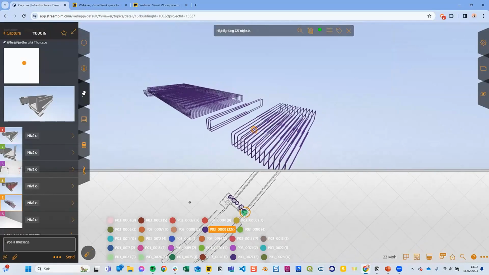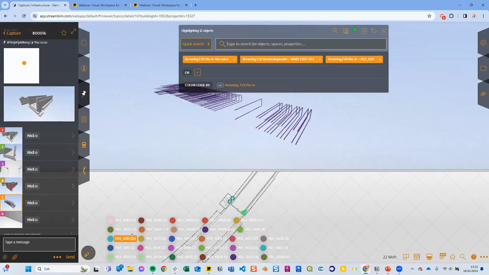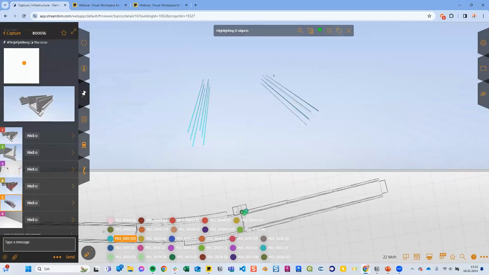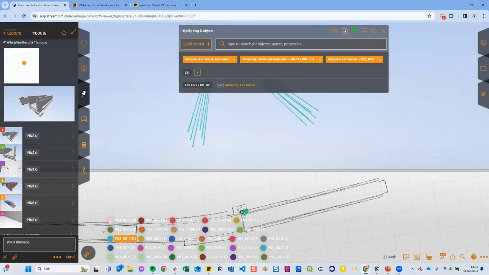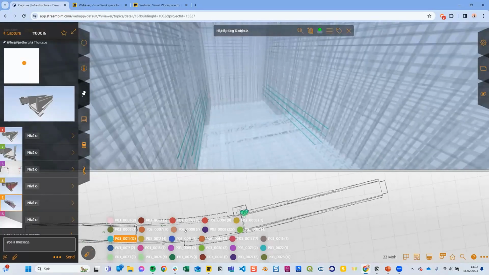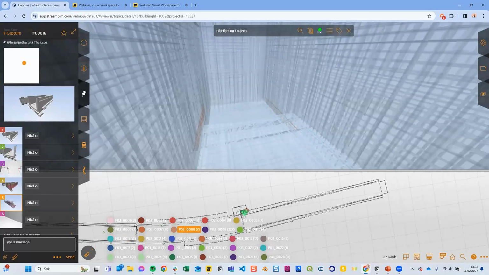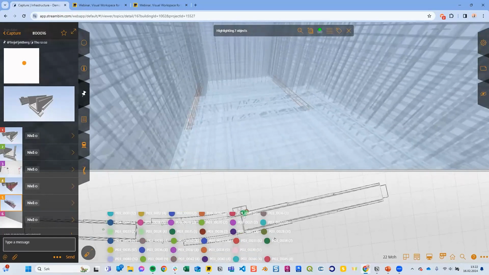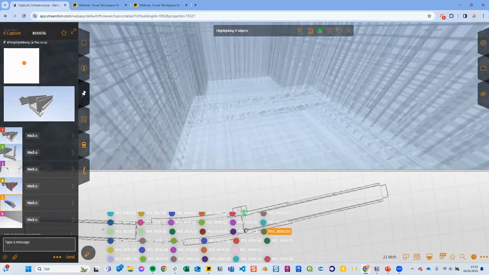So you can just click around and know which ones you are viewing, and you can set it up to view together with the other rebars as well. So yeah, it's all there.